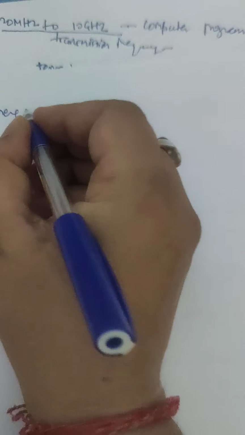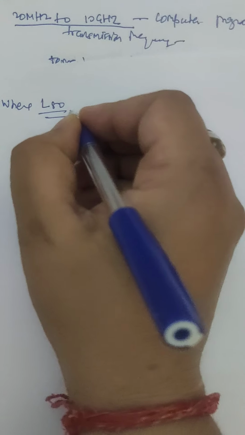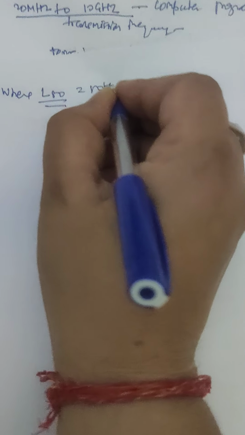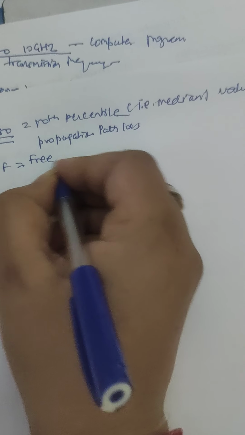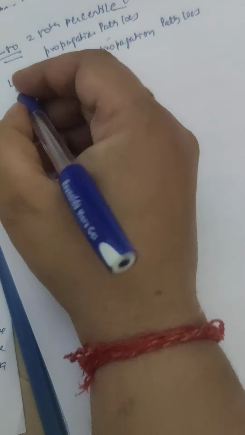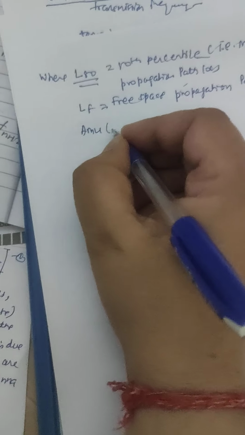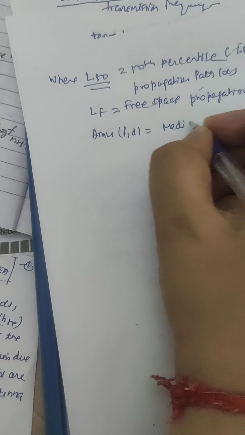We write L50, the 50th percentile, that is nothing but the median value of the propagation path loss, and LF is the free space propagation path loss, where AMU term F comma D is the median